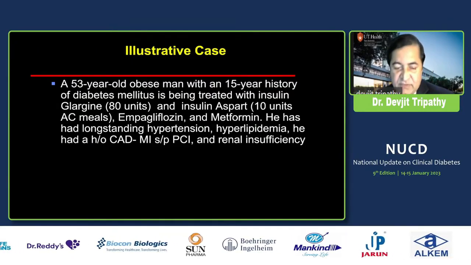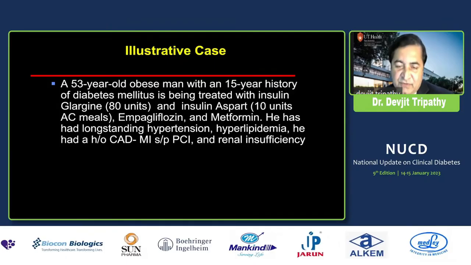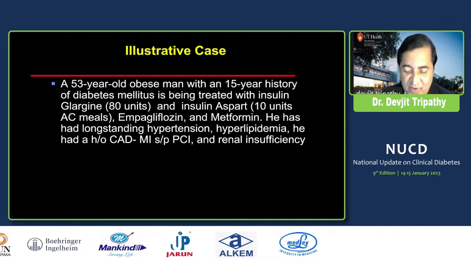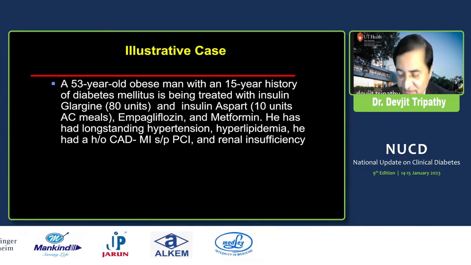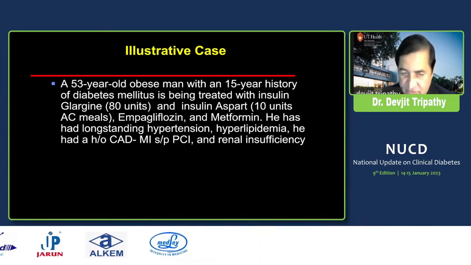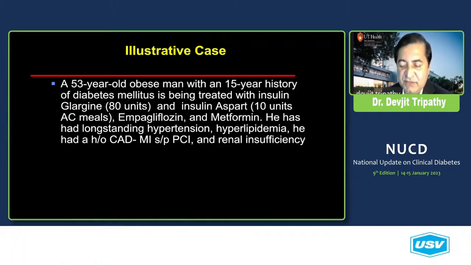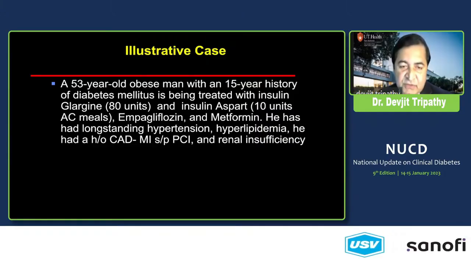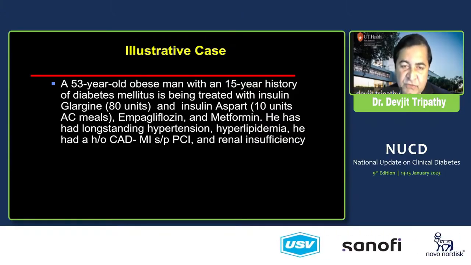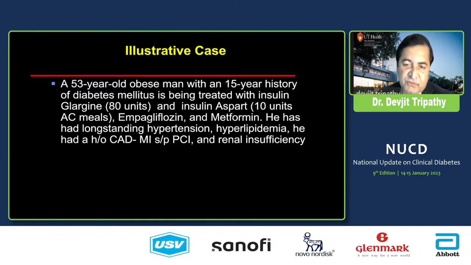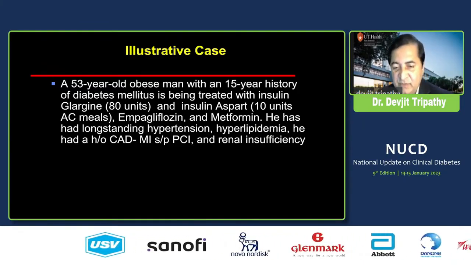And he was in fact started on a drug called tirzepatide, which is a GLP and GIP agonist. And the efficacy of this class of drugs is kind of comparable to what you see following bariatric surgery. So, as for guidelines, for patients with pre-existing heart disease, as previous speakers have mentioned, you start with a GLP-1 agonist, particularly for atherosclerotic heart disease, or for heart failure, you start with an SGLT2 inhibitor. So we currently have several GLP-1 agonists available in the market, including the oral GLP-1 agonist, Dr.